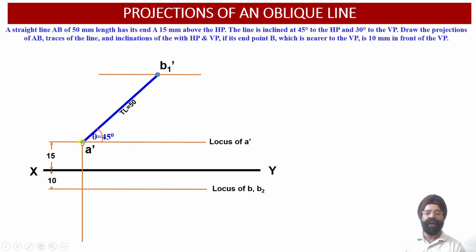Information number one: point A will be lying ahead of this particular point, because we have been provided with the information that the distance of point A is going to be greater than the distance of point B from the vertical plane. So point A will be lying ahead of this particular point onto this vertical projector line, which is emerging from point A dash. From this point to this point, anywhere, point A of the top view projection of the line can be located. Second information available: point B2 will be located over here.